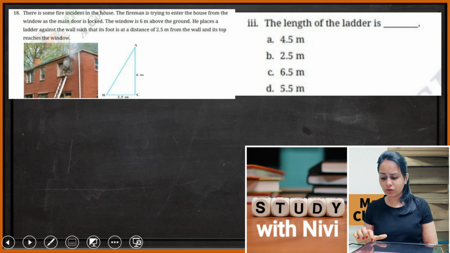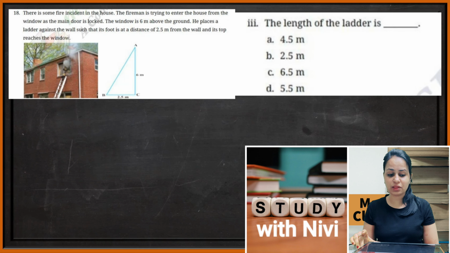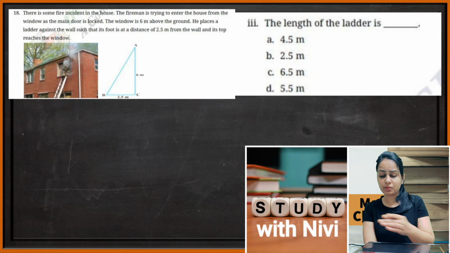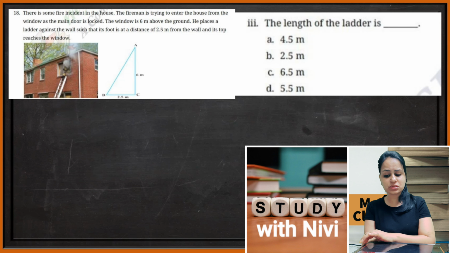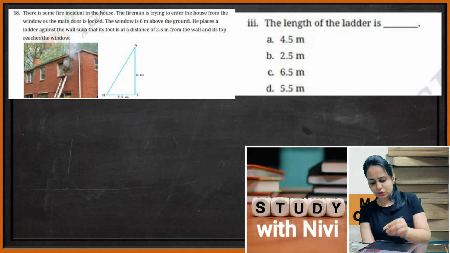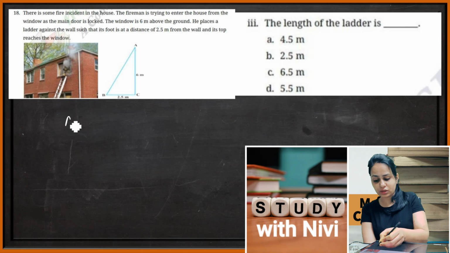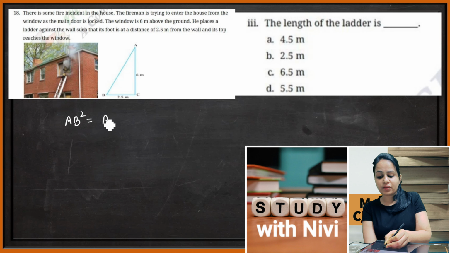Okay, now moving on to third part. Third part says the length of the ladder. यहाँ calculation है but still we'll go with it. ठीक है, हमें यहाँ पे फॉर्मूला बहुत आसानी से पता था, अभी हमने पीछे solve किया था, तो quickly we'll solve it. What is this particular? The hypotenuse isn't given to you. That is AB square, but AC square is given to you and BC is also given to you. Let's quickly find it out.